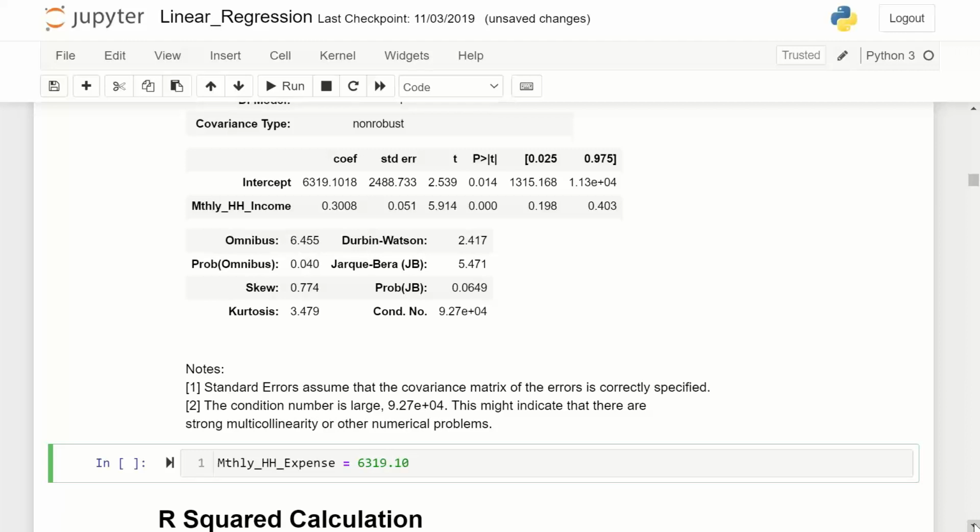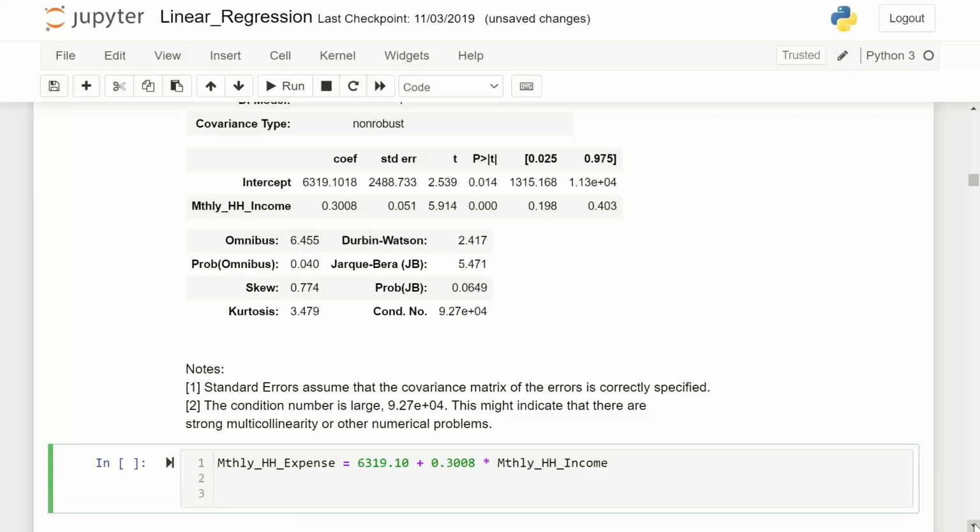I'm writing till second decimal accuracy. Then 0.3008 multiplied by monthly household income. This is the linear regression equation, and this is how the expense is related to income.